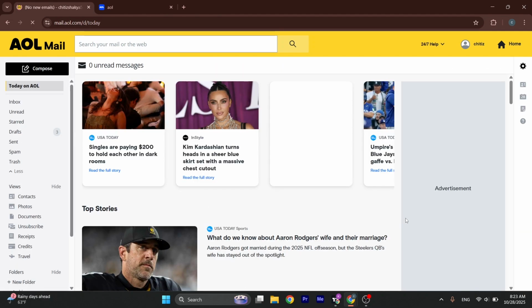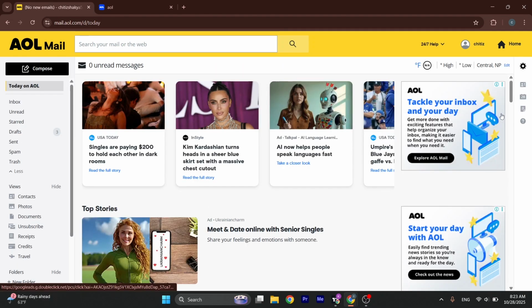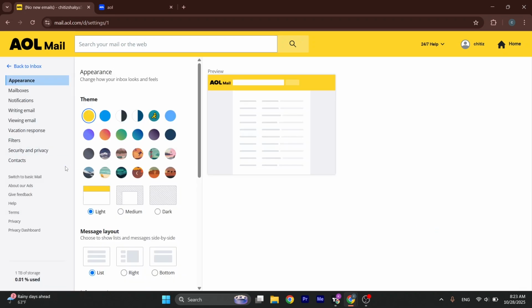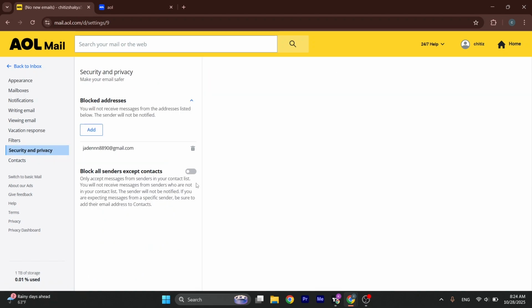Now if you want to revert this and unblock the person that you just blocked, you can head over to the settings option, head over to more settings, and then head over to security and privacy. Under security and privacy and under blocked addresses, you will be able to view all of the people or email